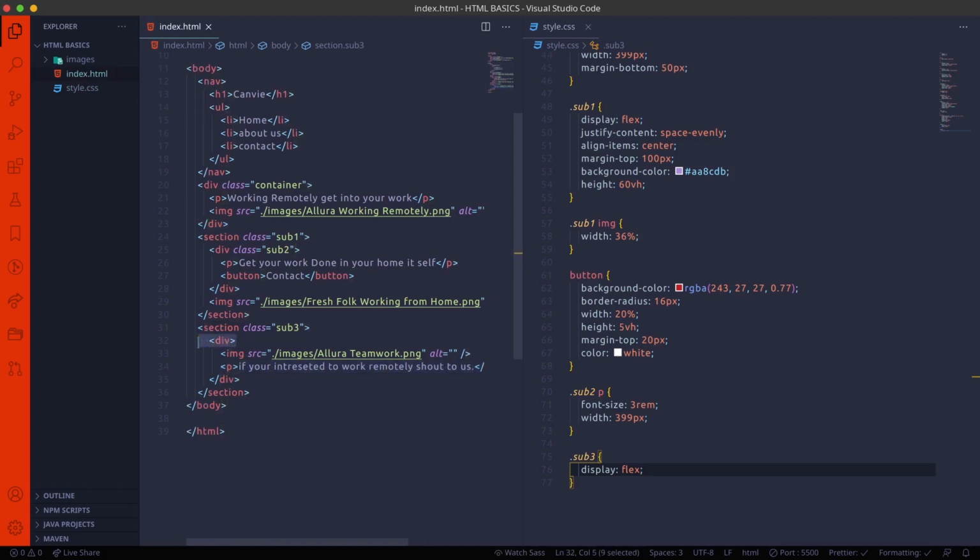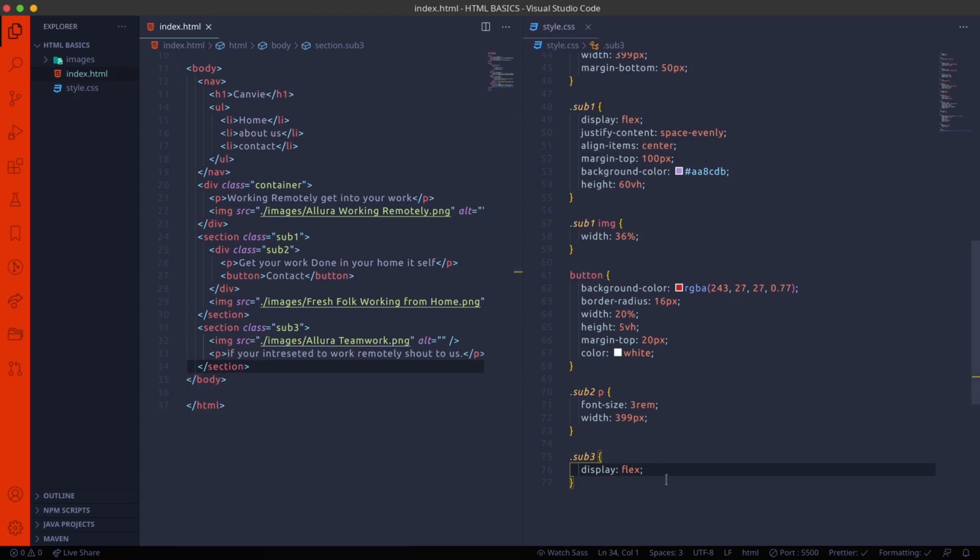So I'm clearing this div tag. It is not necessary. So I'm removing this. So now justify-content to be space-evenly and the align-items to be center.